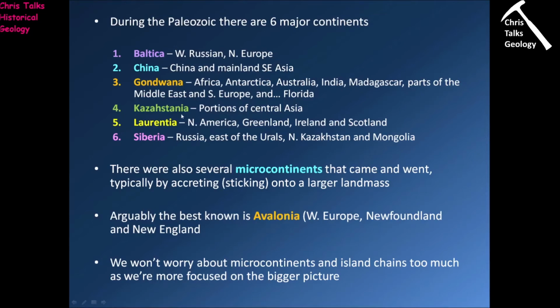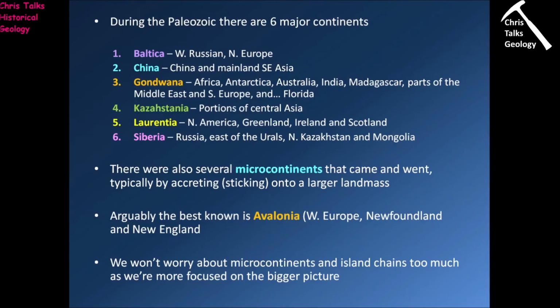There's Kazakhstania, which consists of portions of Central Asia. There's Laurentia, which consists of North America, Greenland, Ireland, and Scotland. And there's Siberia, which consists of parts of Russia, east of the Urals, bits of northern Kazakhstan, and Mongolia. And so these are the larger pieces of continental crust that are moving around on the surface of the Earth